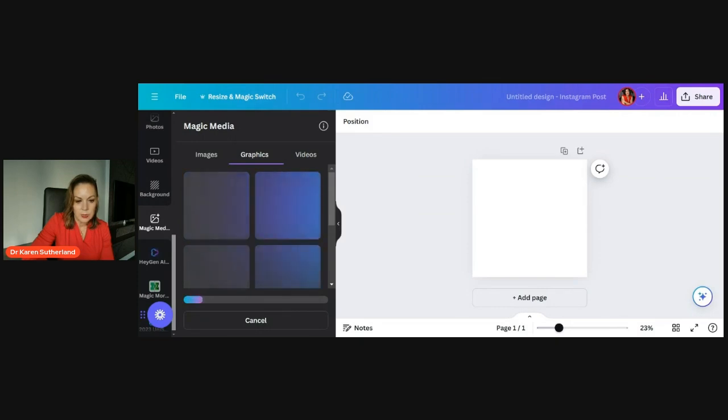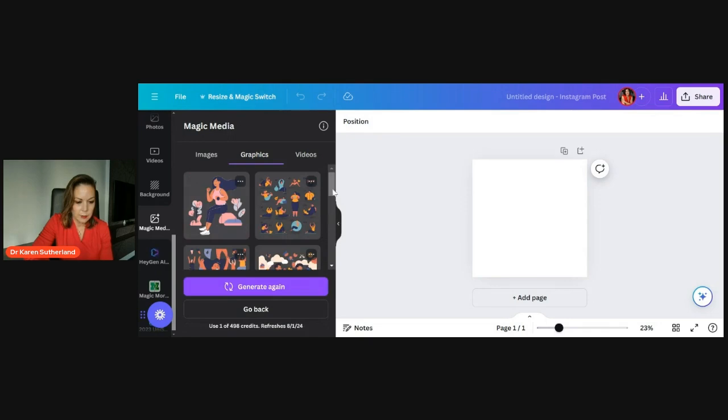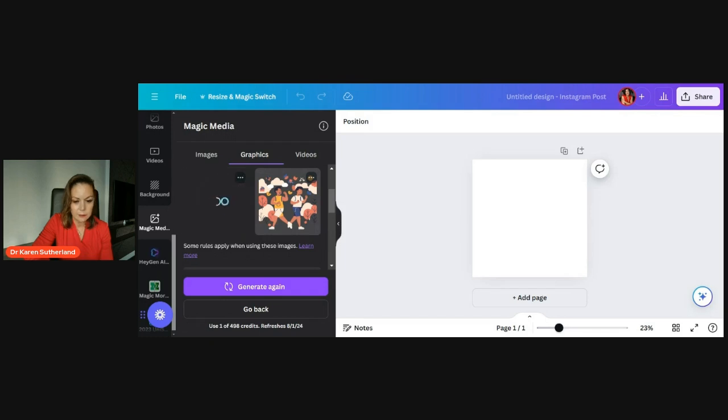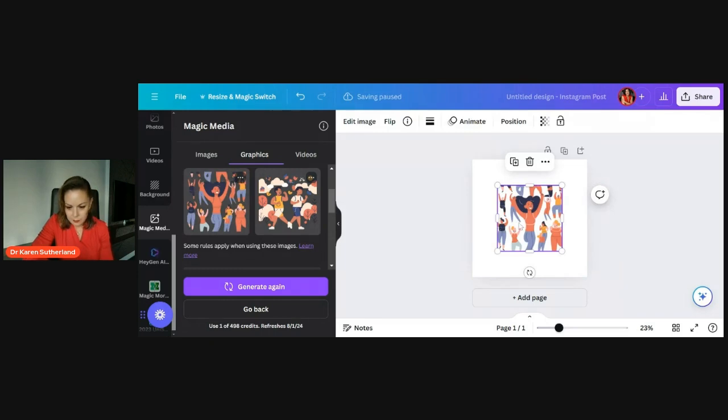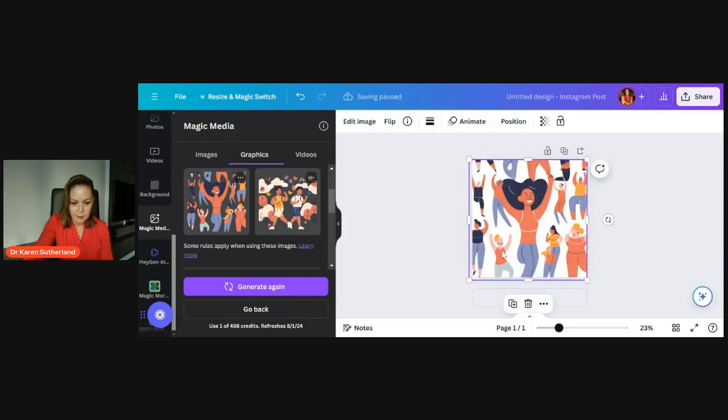We'll see. It takes a little while. I think with the AI, what's going to happen is these processes are going to become much faster. We'll just put in a prompt and the image or the video will just be like bang and it will be ready. It's still thinking. Here we go. It's given a few, like that's a cute one. I'm just bringing that over. That's what it looks like that way.